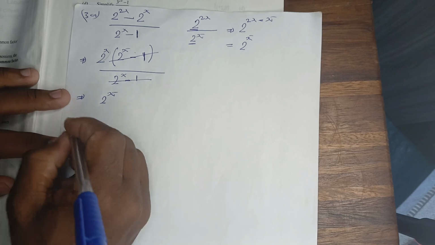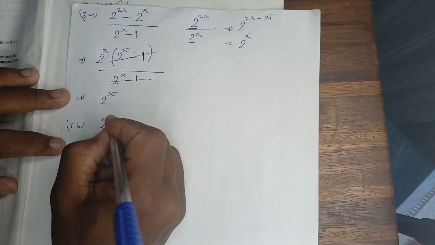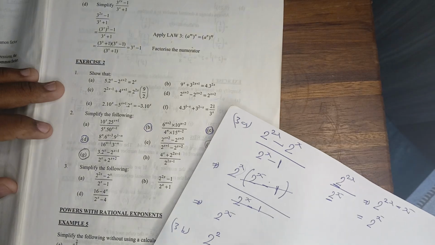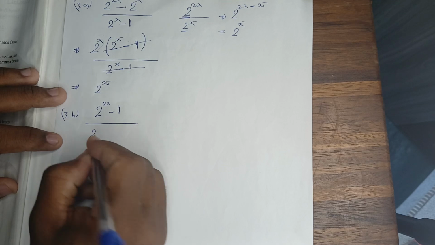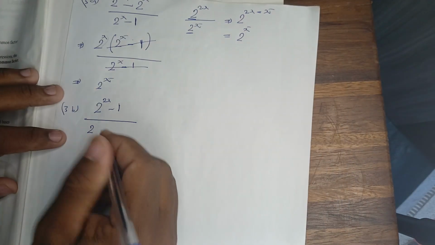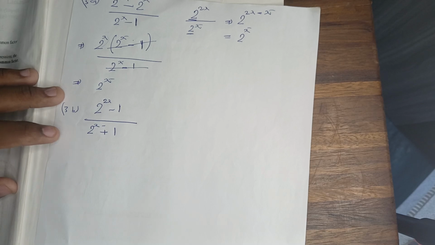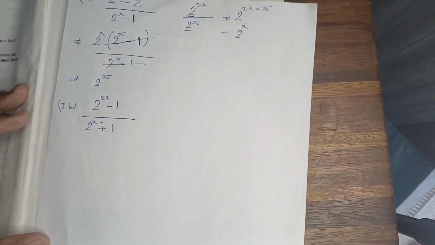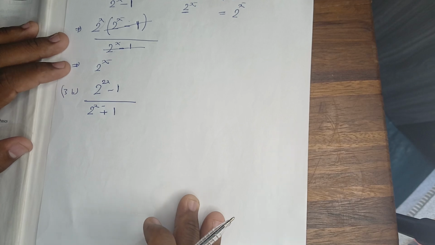Let's see. It's going to be 3b, which is 2 to the exponent 2x minus 1, divided by 2 to the exponent x plus 1, like this. So here we can actually see that